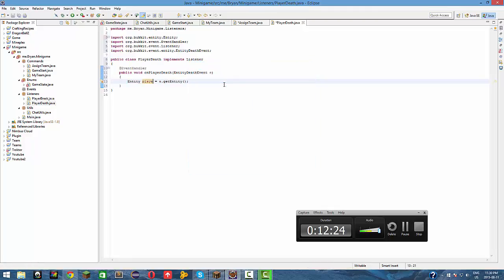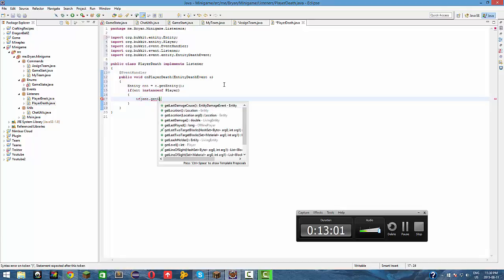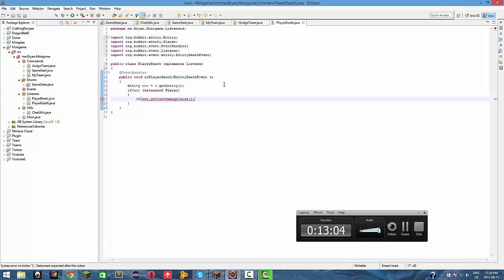From org.bukkit.entity. Just gonna make this ent. Make an if statement: if ent is an instance of player. So we're checking if the entity is a player. Import player. So if the entity is player, then if the entity dot get last damage cause was, oh my god, so tired, was equal to